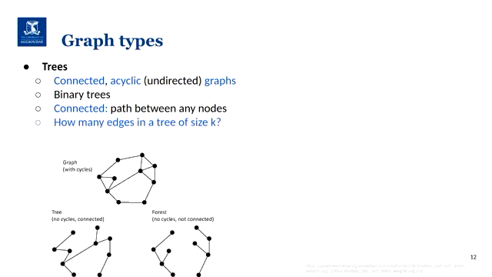And then we can ask the question, for instance, in trees, how many edges are there in a tree of size k, in a binary tree of size k? So let's say you have an algorithm, you have a list of nodes, and you keep connecting them to generate a tree, right? We talked about different algorithms to generate trees, for instance, using agglomerative clustering, and so forth. In a binary tree, how many edges if I have k vertices? K minus 1. Why is that?